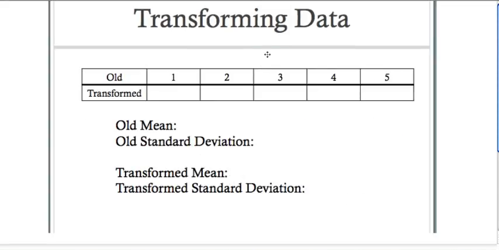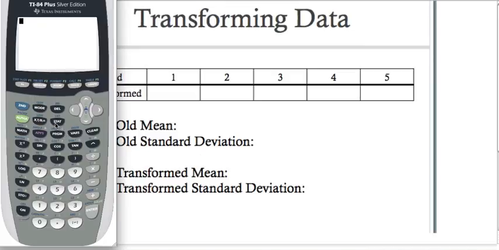So to see how that transformation would affect our summary statistics, our mean and our standard deviation, we're going to work out a really simple example. Let's say I just had 5 students, and one of them got a 1, one of them got a 2, one of them got a 3, one of them got a 4, and one of them got a 5. I want to start by confirming that this does have the mean and standard deviation that I had on the previous slide. So I'm going to get out my calculator,